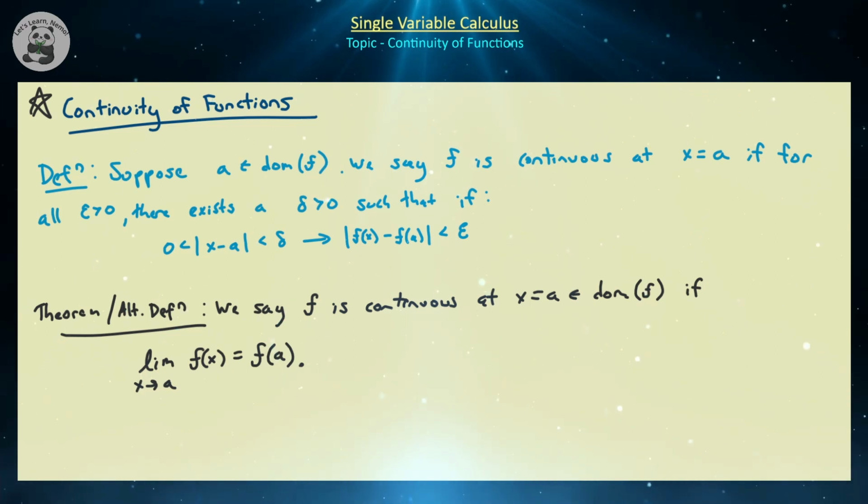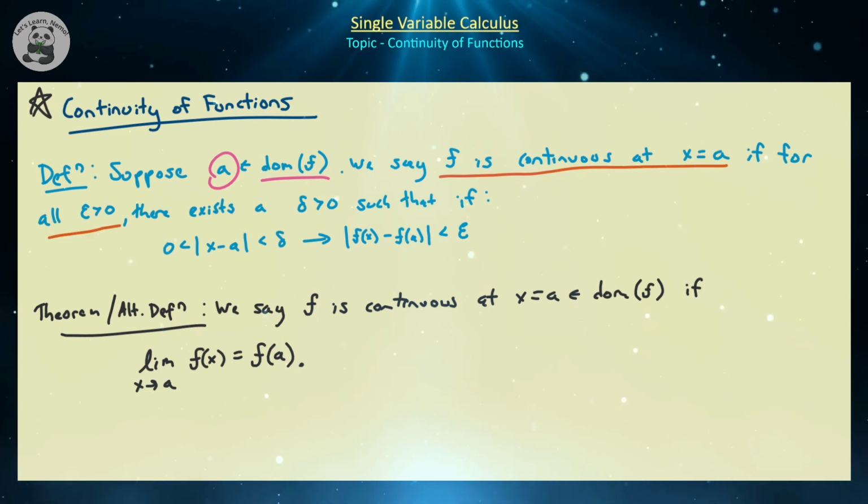So let's suppose that some function f is defined on some domain, and let's denote that domain as DOM f. Let's choose a particular point in that domain, and let's call that point a. So suppose a belongs to the domain of f, then we will say that f is continuous at that point